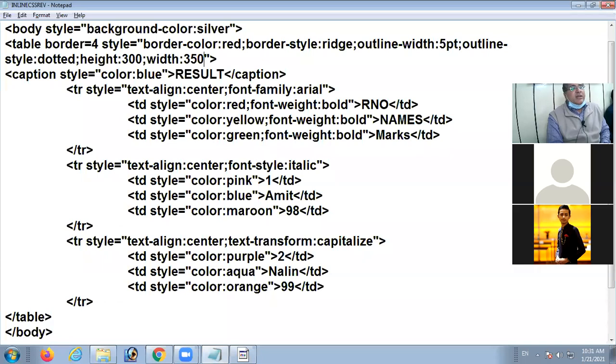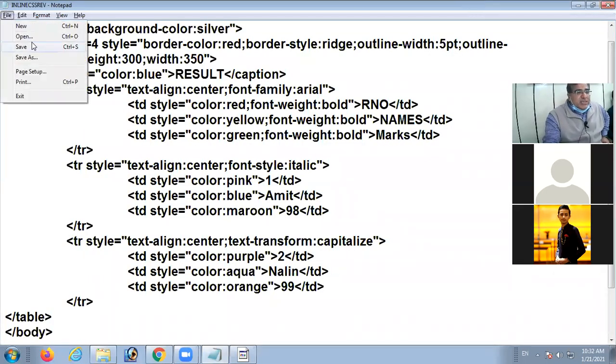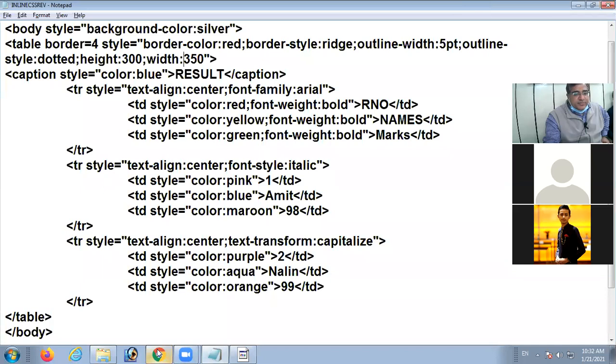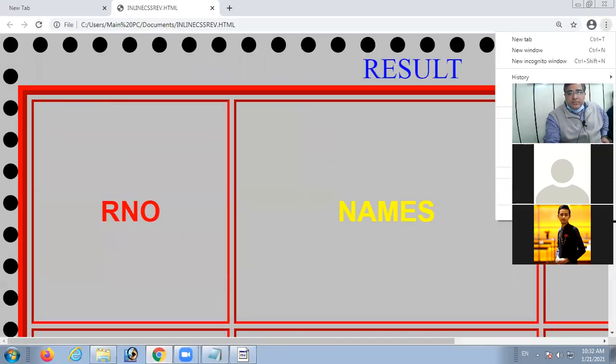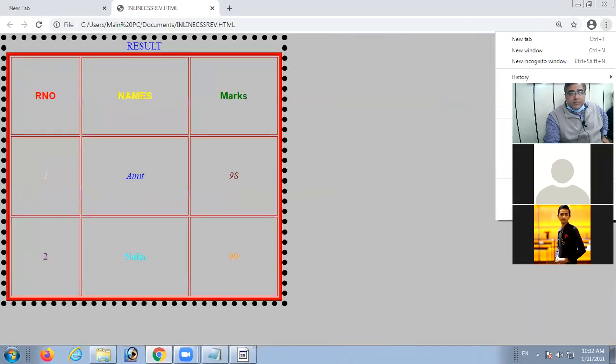Do that in your coding also. So let us see the change. The height and width property applied by CSS. Clear?